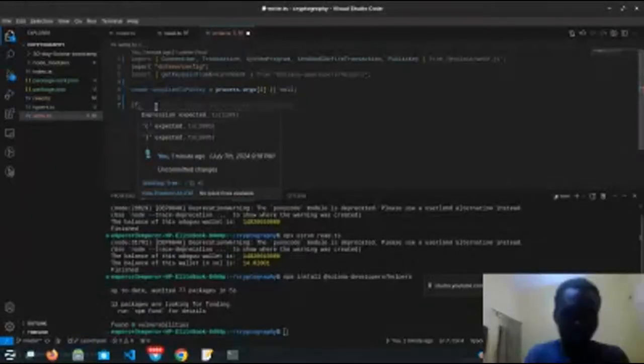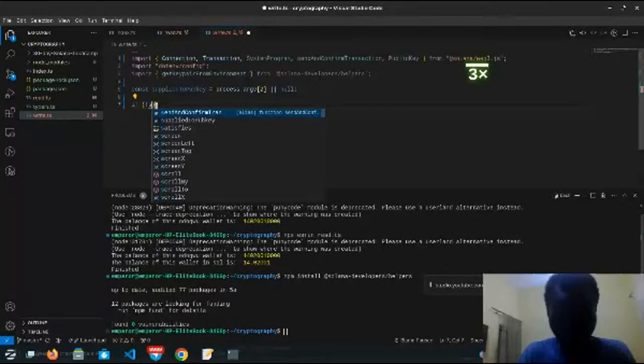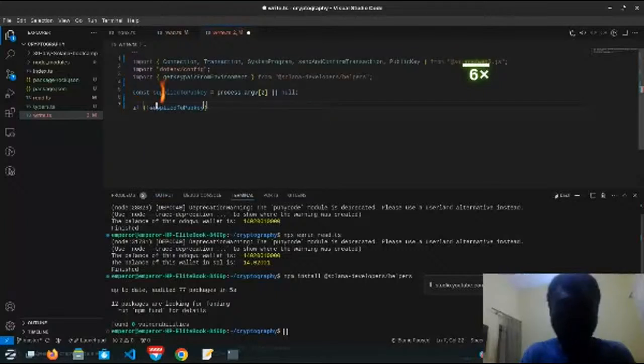I'll be using the not operator. So I'll say if not, meaning if supplied to pub key wasn't gotten, if not supplied to pub key,